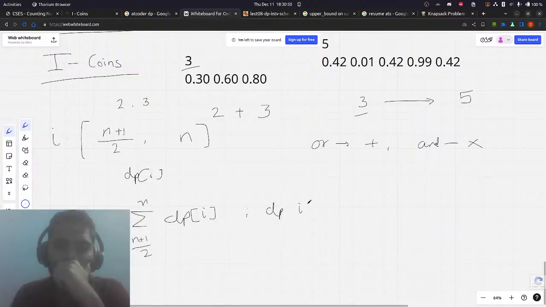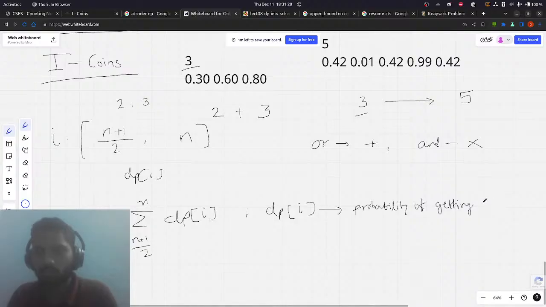Our dp[i] is nothing but the probability of getting i heads out of n coin tosses. But then again